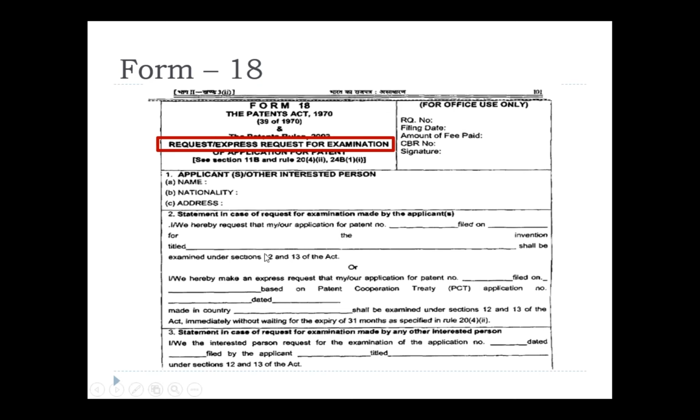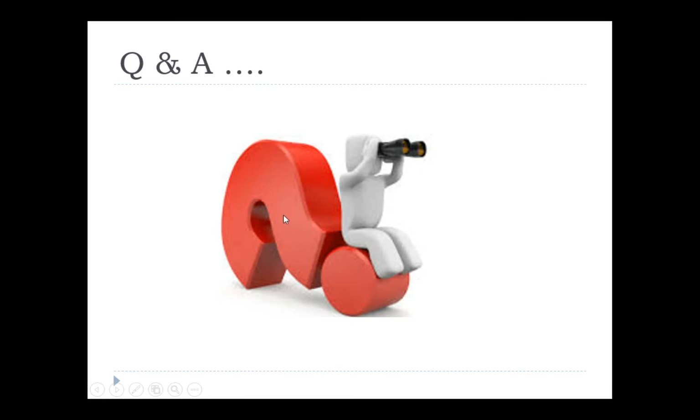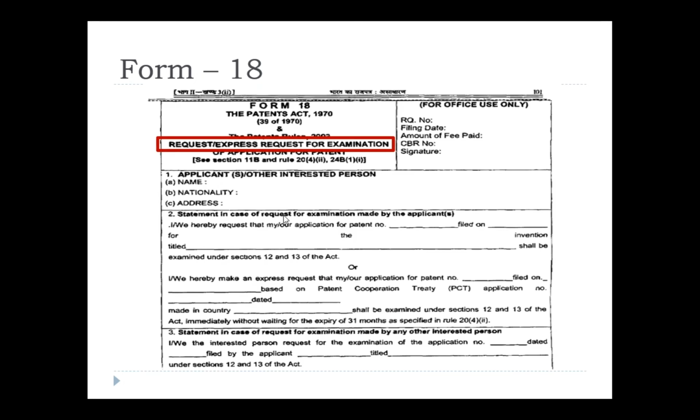Right, again you need to give the contents here, applicant name, nationality, address, and you need to give the invention title over here, and so on. It is very easy. Most of the forms are self-explanatory. You yourself can go ahead, and I'll consolidate whatever we have discussed so far in patent filing, or we can say filing procedure or drafting procedure.